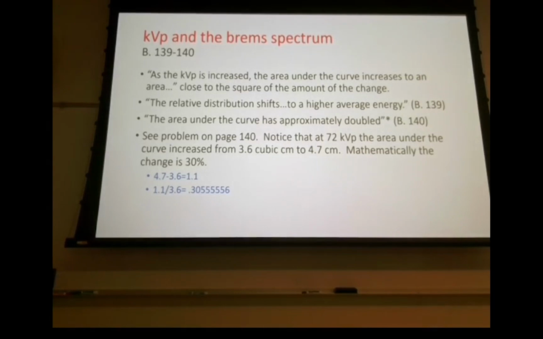As kVp is increased, the area under the curve increases. That's just numbers, until you get above your original kVp setting, then it's numbers plus increase in energy. So the relative distribution shifts to the higher energy side. The area under the curve has approximately doubled. So he runs through this